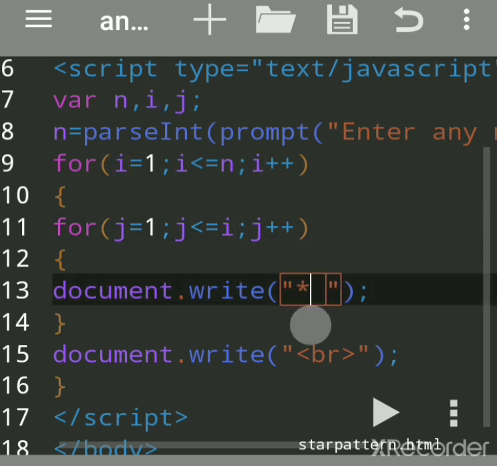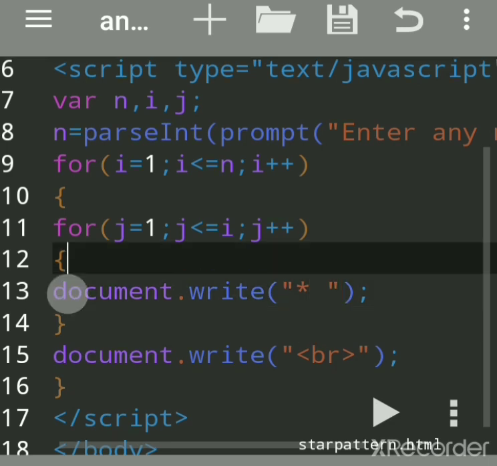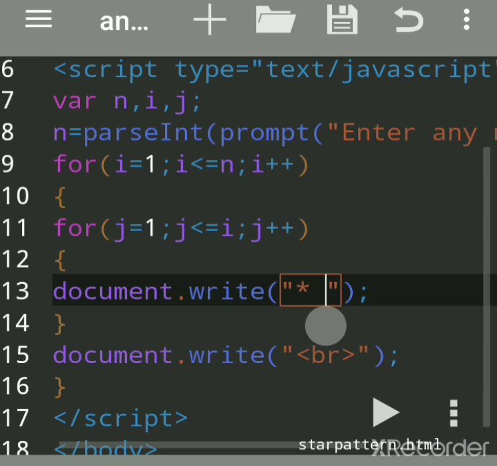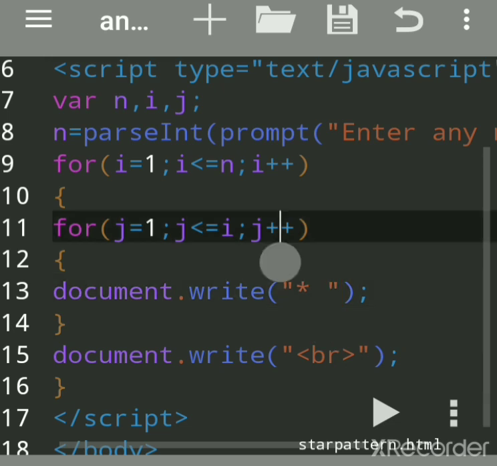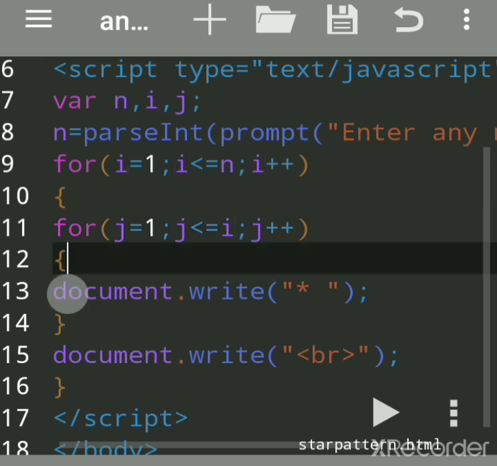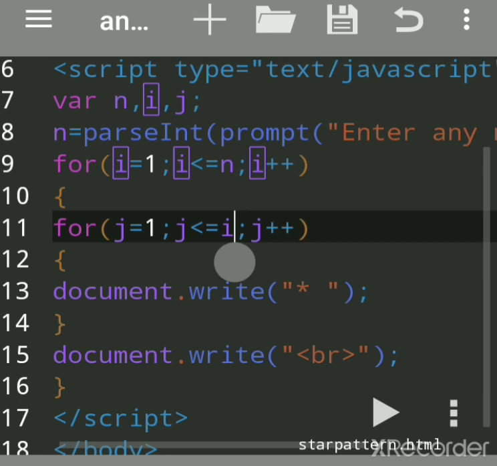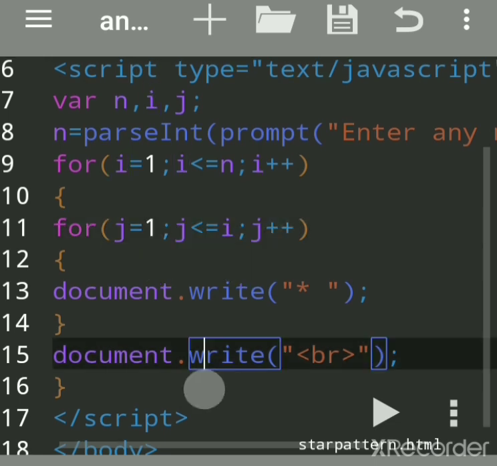Then again j value will get incremented, then it will check 3 is less than or equal to 3, yes, then the third star will print, which means on the third line 3 stars will get printed. Now j will increment, it will become 4, 4 is less than or equal to 3? No, it is false, then it will come out.